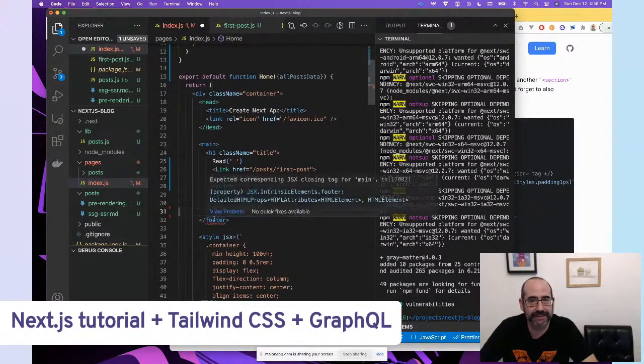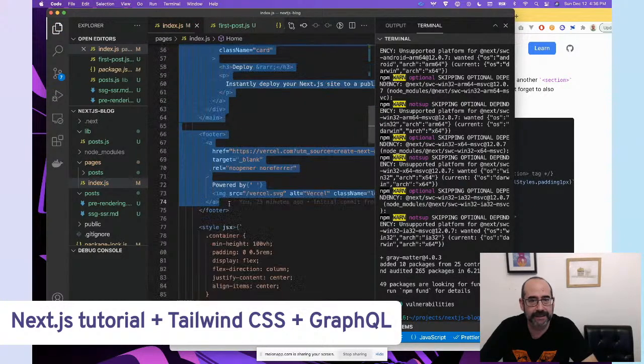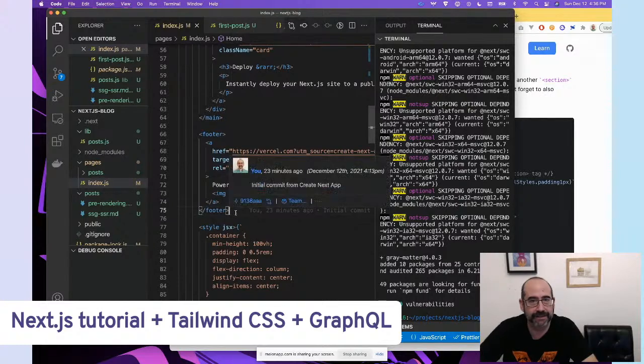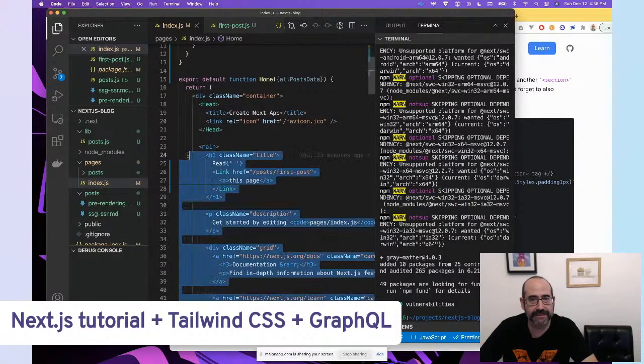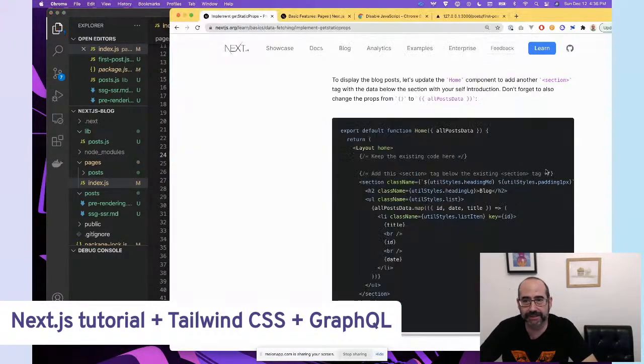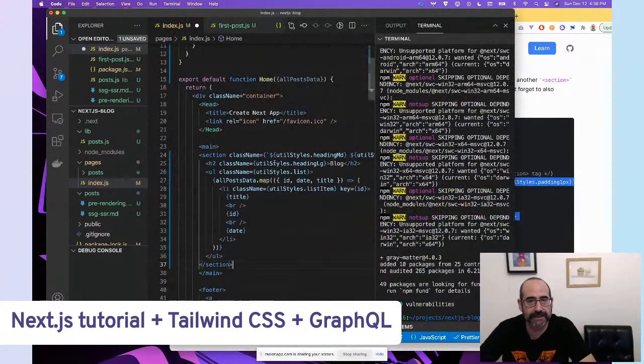Okay, so footer, main, oh, I see. So footer can stay the main. This is what I want to get mostly rid of, because this doesn't really do us any good. And I just want to see the results, and I'm trying not to be too fancy. So I guess what we'll do is we'll copy this over, and